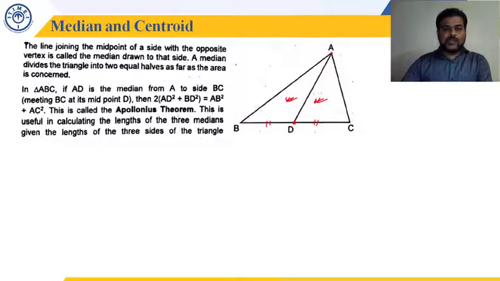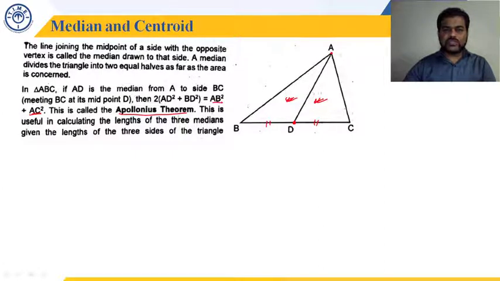So in any triangle, there is a property related to medians. It is known as Apollonius theorem. If you look at this figure, AD is the median, and this median AD lies between the sides AB and AC. So the theorem says that twice of, let's look at it from the other way around. So AB square plus AC square, these two are the sides. AB and AC are the sides between which the median lies.